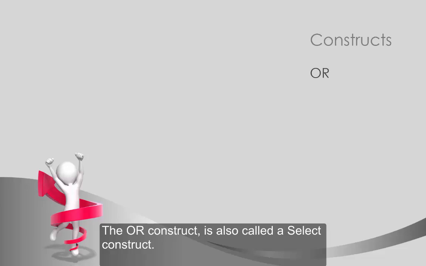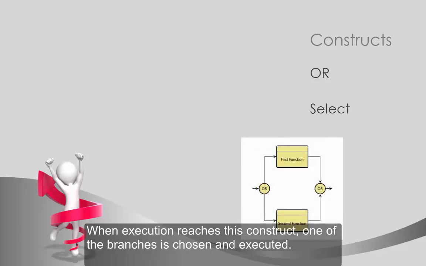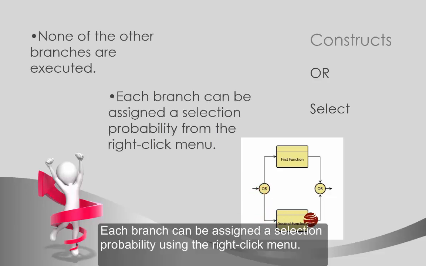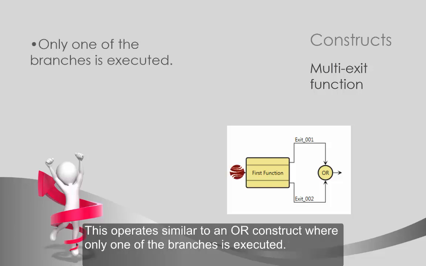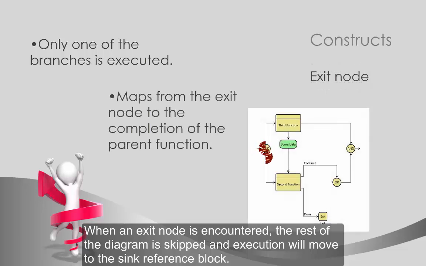The OR construct is also called a select construct. When execution reaches this construct, one of the branches is chosen and executed. None of the other branches are executed. Each branch can be assigned a selection probability using the right-click menu. A multi-exit function is a construct where multiple branches exit from a function and rejoin at an OR node. This operates similar to an OR construct where only one of the branches is executed. When an exit node is encountered, the rest of the diagram is skipped, and execution will move to the sync